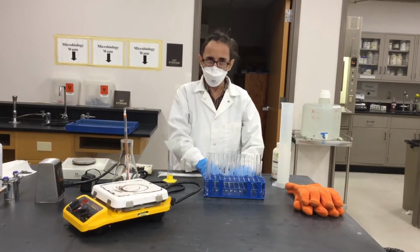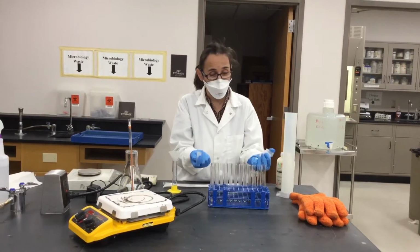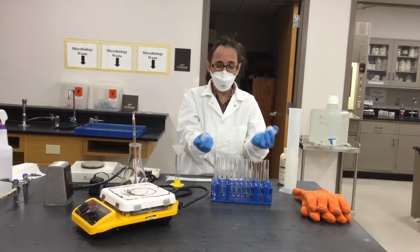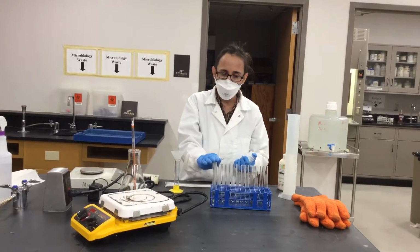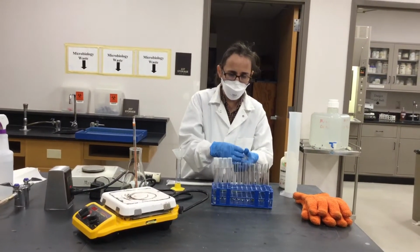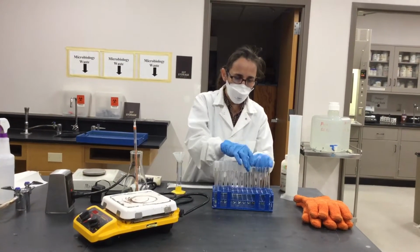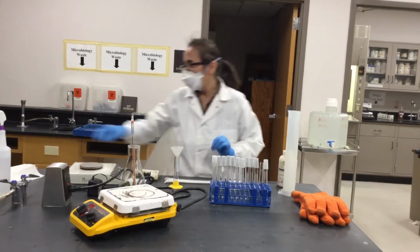And if you don't believe me, ask your physics professor. But at least empirically speaking, I tested. Now, in order to autoclave your media to make it sterile, you have to put your caps loosely fitted on your test tubes, and then you have them in your racks, and then you have to, in essence, go to the autoclave, put them there, and